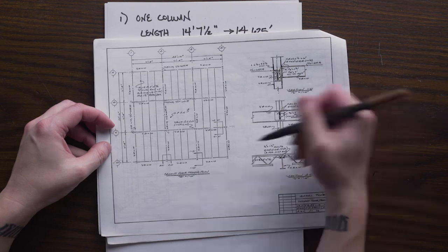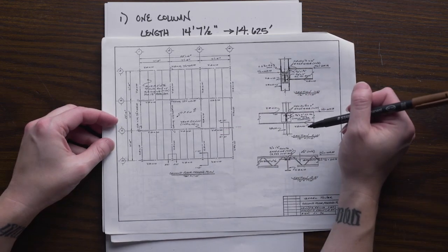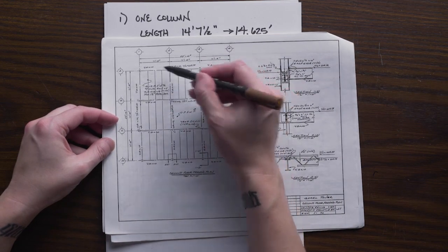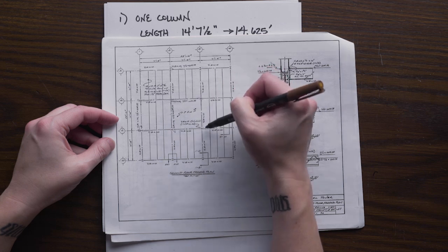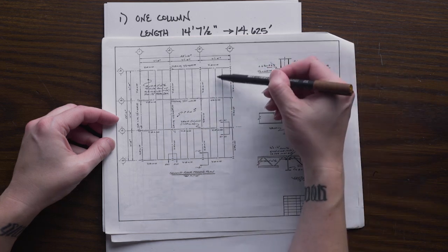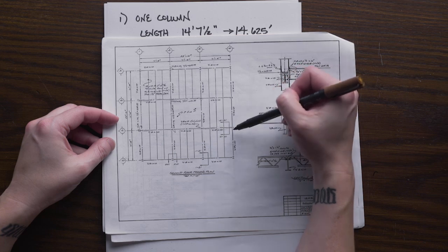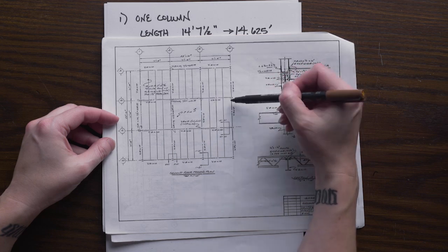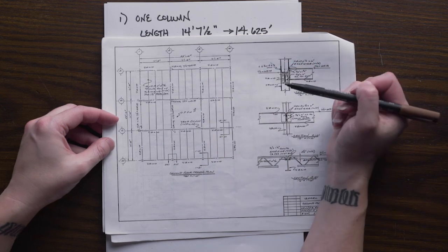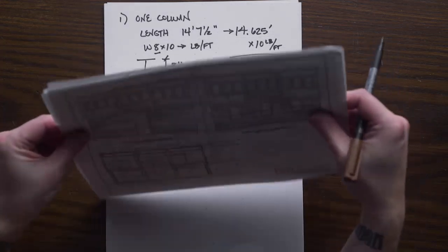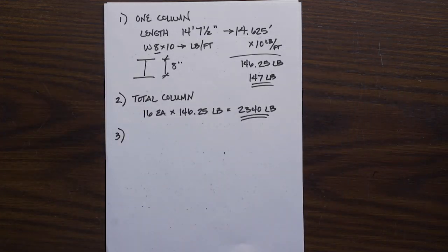So if we look at our second floor framing plan, our beams and our girders are what connect each column together. We also see that we have our joists that are running between our beams, but again, just between the columns is where we have our beams and girders. Then also,